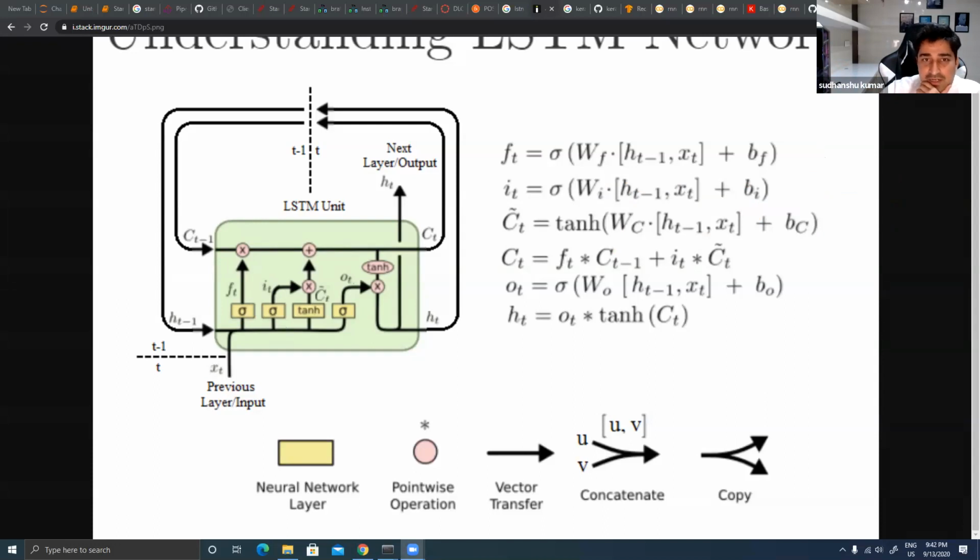What is the use of forget gate? See, why we are using the forget gate over here is very simple. I keep on adding a new context. Let's suppose I'm not using a forget gate. In this case, what will happen is I will keep on adding new context. Let's suppose I have started talking to you. I talked about finance, then banking, then data science, then statistics, then let's suppose physics.